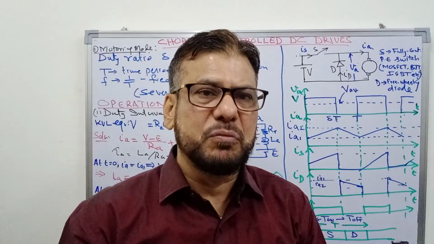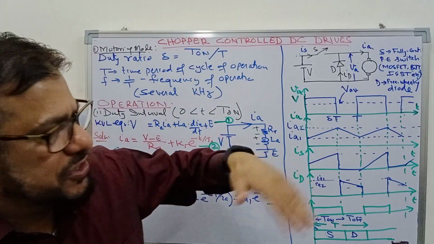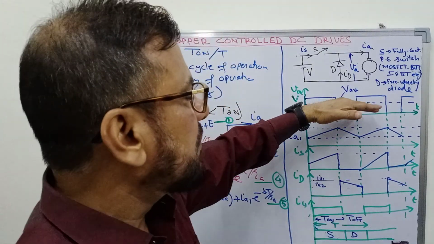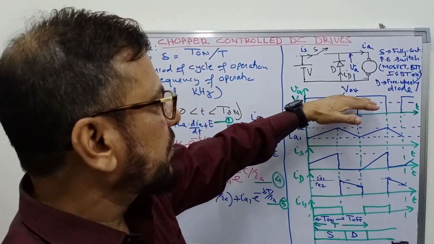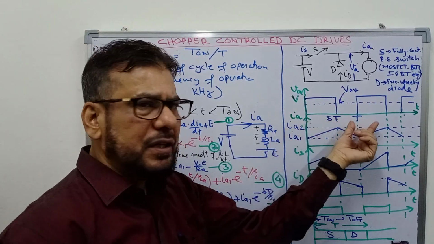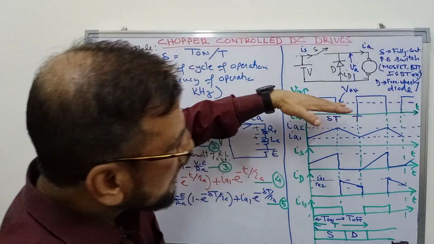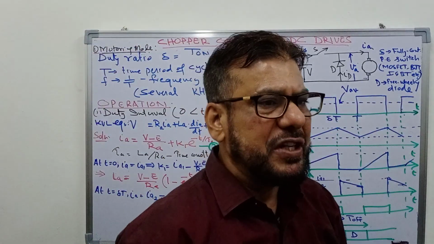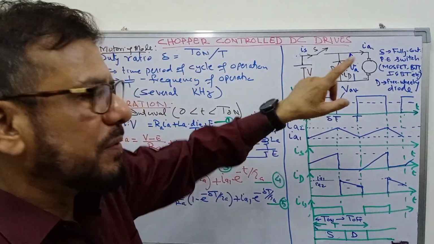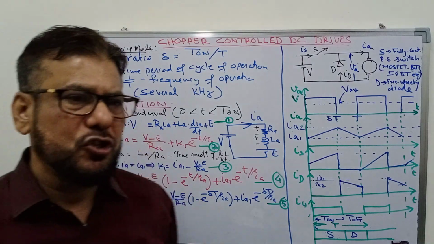You know that the speed of the motor depends on the average value of the voltage across it. So the motor will achieve a certain speed depending on the value of V average, and this value of course depends on the ratio of on period and off period of the switch. So depending on that, it will attain a certain average value of speed, and the motor will have the back EMF equal to K times that speed, K omega M.